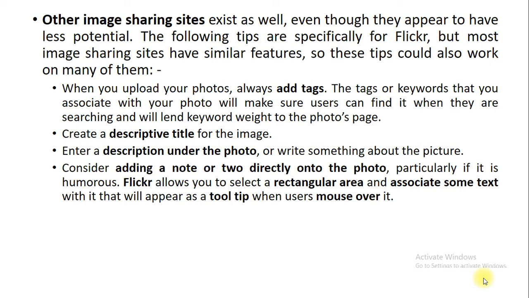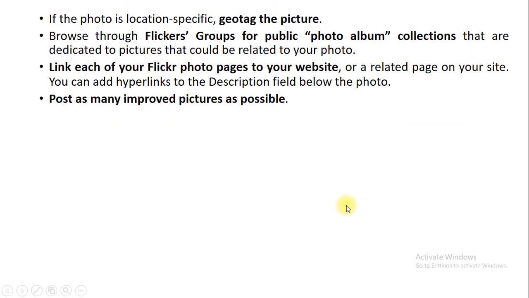Flickr allows a rectangular area in the image, so when you want to give some tip to the user, when the mouse is placed inside the rectangular area, a tooltip will come. So Flickr allows this kind of facility. Similarly, if a photo is related to a particular location, you can have the facility of geotag.